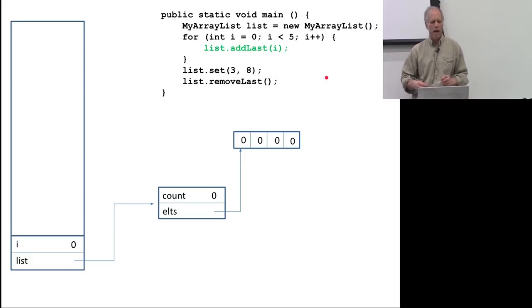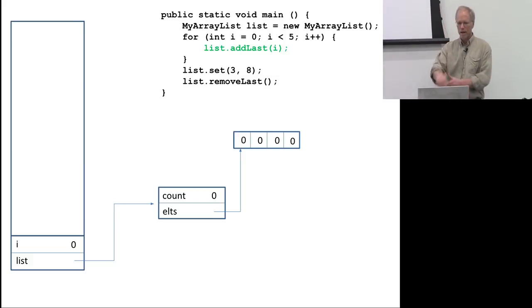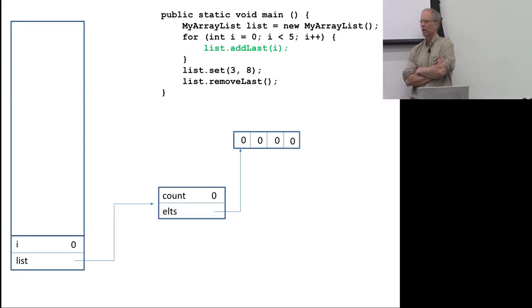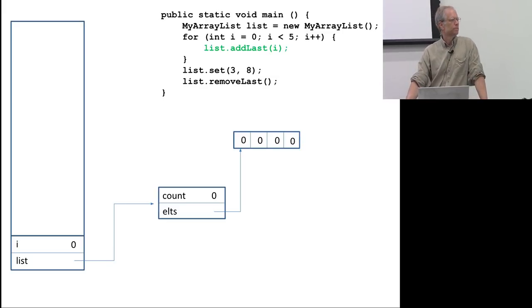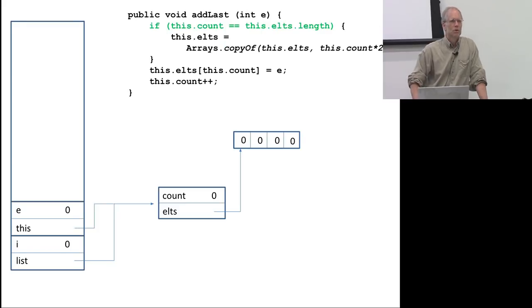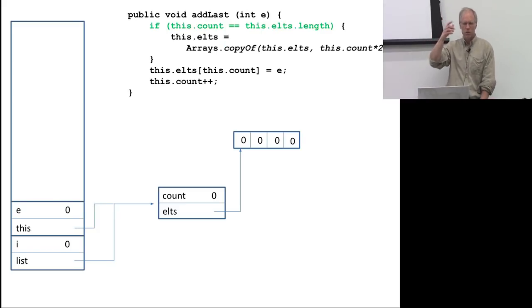So I get to this point, I has a value of 0, and I'm about to call list.addLast of I. So what stack frame will be pushed? You should be good at this by now. We're up at a higher level. So what information will be pushed on the stack frame? Okay, what parameters does addLast take, in other words? Yeah? This and I think I call it E maybe. Yeah. So the parameter to addLast is called E for element,